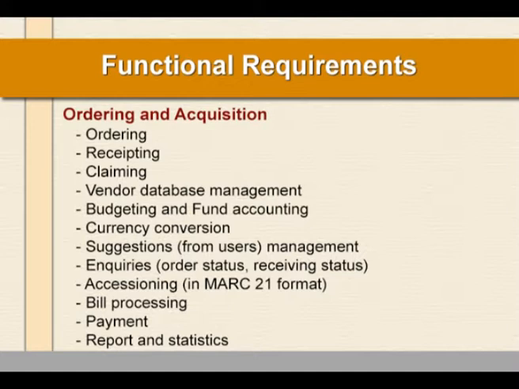Then accessioning of the received documents. Most of the libraries nowadays prefer that at the time of accessioning they provide different item-related data. That means the call number related with the book, then copy number, permanent location, holding location, date of acquisition, and price of the book in the MARC format. This data moves from the acquisition module to the cataloging module, but in a non-MARC field. That means most library automation systems hold the item-related data which occurs during accessioning of that item in the 9xx group of MARC fields.